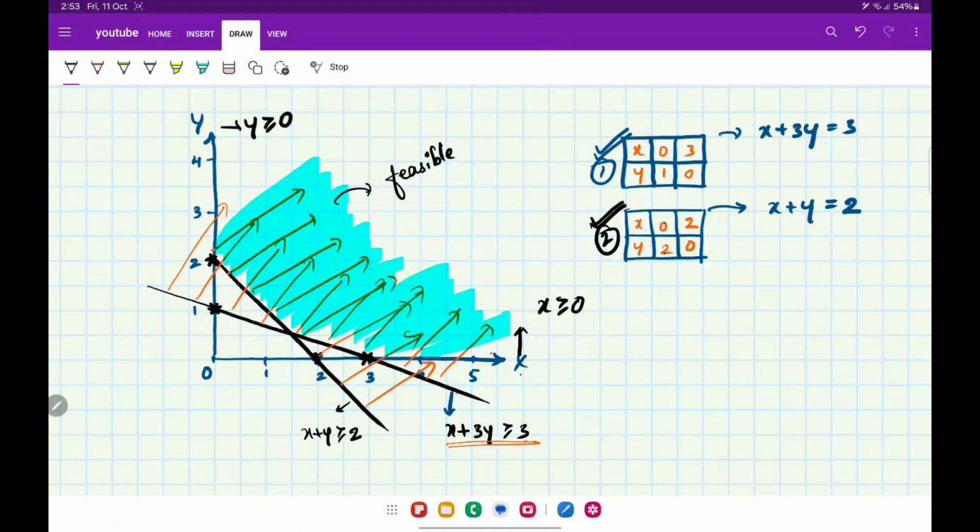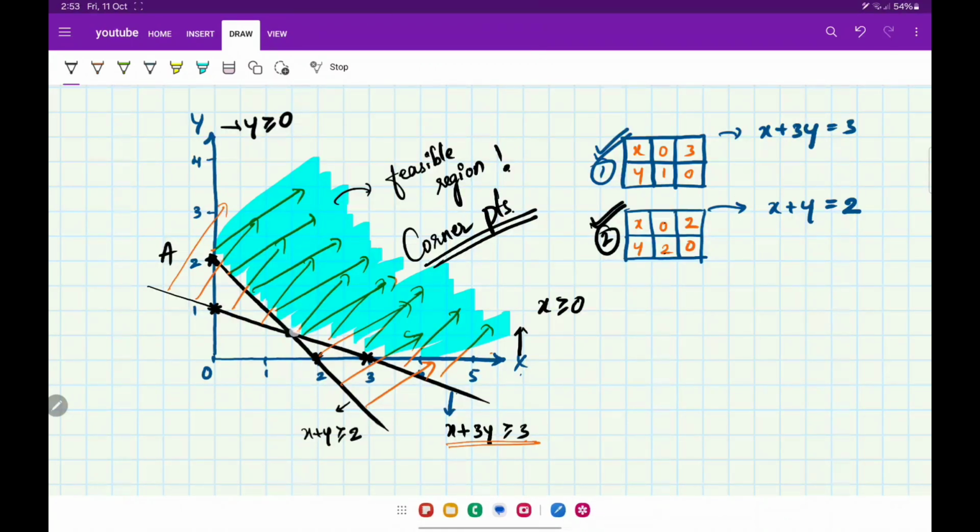We are well aware that the solution for the LPP can be found at the corner points. So the solution can always be found in the LPP at the corner points. What are the corner points for the feasible solution? This is the first point, A. This is the second point, I will take it as B. And the third point is not this one, please note that it is this point,